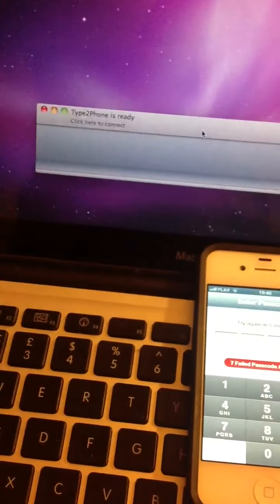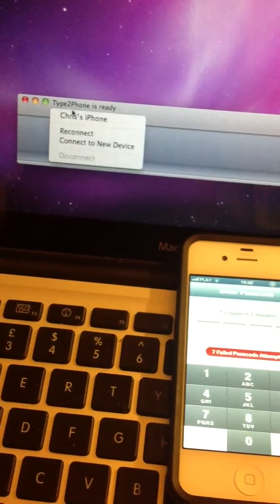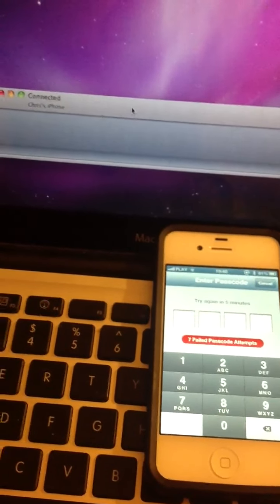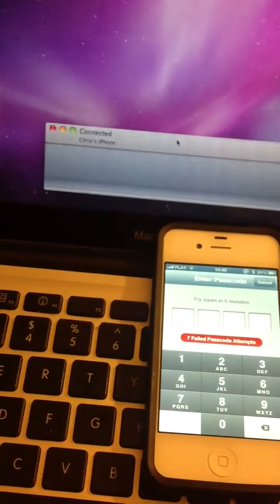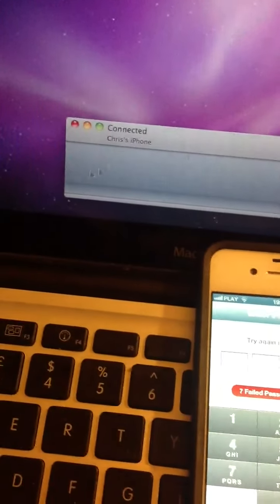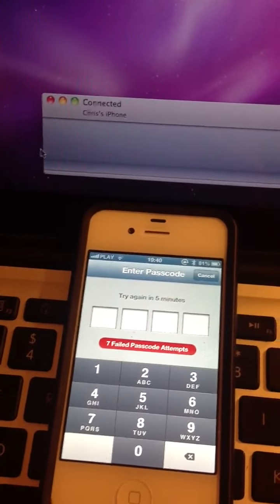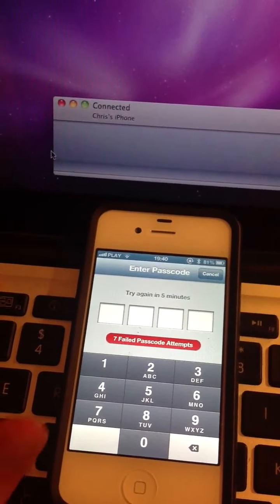So let's have a quick look at that application and how it works in this context. If I drag it on here, it says Type2Phone is ready, click here to connect. I'm going to connect to my phone, and it's connected. Let me just drag that down so we can see everything at the same time. Okay, so my phone is saying passcode try again in 5 minutes, but if I use my Mac keyboard,